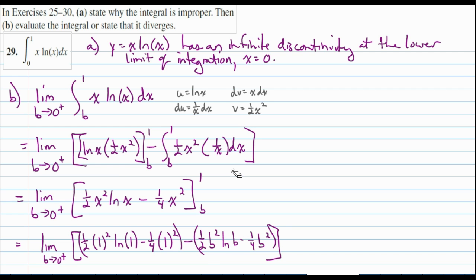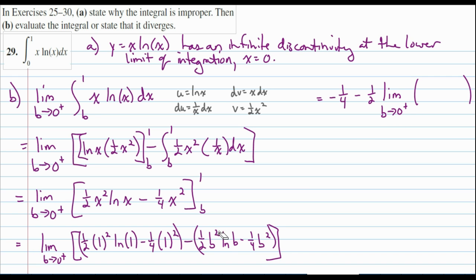Now in this next step, first of all, the first part of this limit is just a constant. So I'm going to evaluate that, and that's just negative 1/4. I don't need to take the limit of that anymore, so I can put that out in front of my new expression. Well, in this piece, I have all these b's where I'm taking the limit as b approaches 0 from the right. So I do need to work with this a little bit. So I'm going to subtract, and I have a 1/2 that I can take out as a coefficient, a multiplier. And the limit as b approaches 0 from the right of